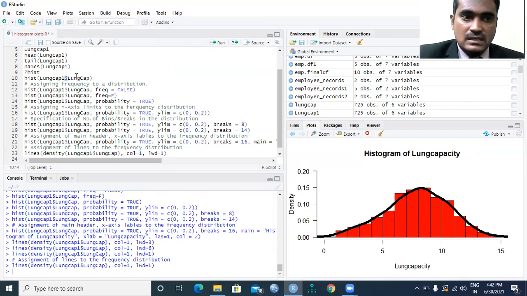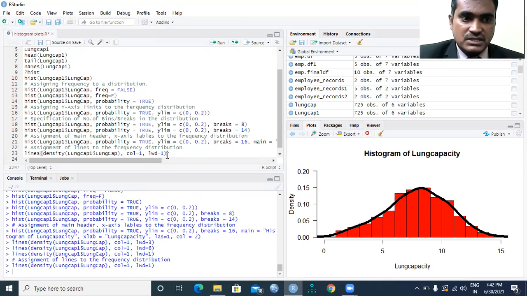You can include the frequencies on the y-axis. At the same time, you can include the number of bins that you require. That can be increased or decreased, and you can even change the bin colors.